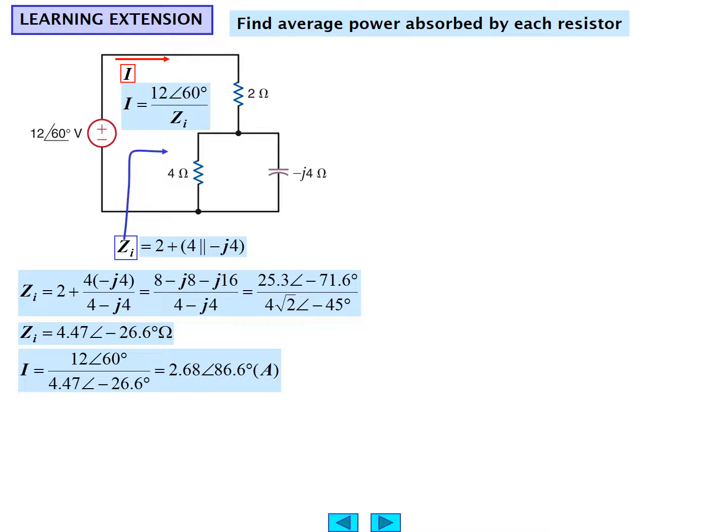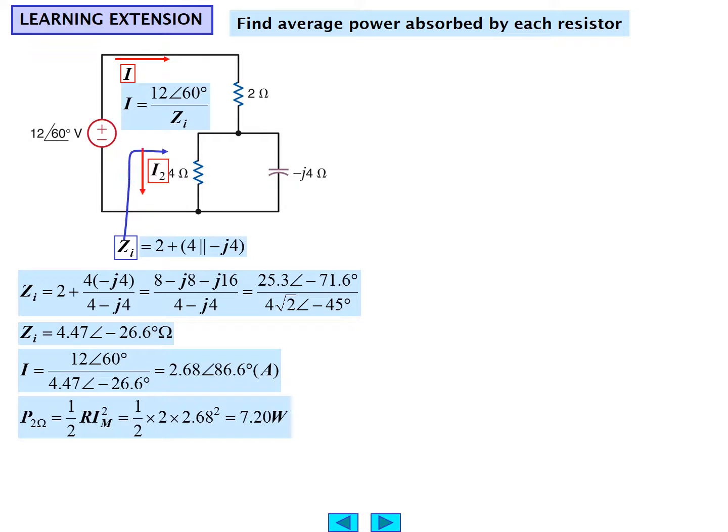Therefore, the current I would be 12 angle 60 divided by 4.47, angle minus 26.6 degrees. And of course, both being phasors, we can do it directly. And the answer for I would be 2.68, angle 86.6 degrees amperes. The power in the 2 ohm resistor then, since that current I flows through the 2 ohm resistor, would be 1/2 R I sub m squared, or 7.2 watts, and that's one of the answers that we need for this